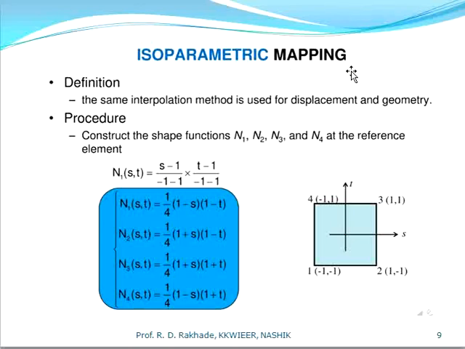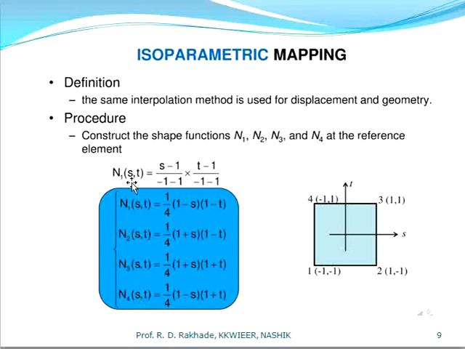Next, that is isoparametric mapping. Irregular geometry is mapped with a standard definition. The same interpolation method is used for displacement and geometry. Construct the shape functions N1, N2, N3, N4 at the reference element. So after derivation, the shape functions for this square for nodes 1, 2, 3, 4 are, respectively,